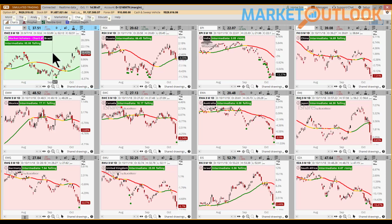Brazil was down today. It was down 1.6%, but it is still a green background color, telling us that the intermediate term line would still be considered bullish on this one for the market forecast. So again, for those of you that are intentionally looking for bullish setups and you're trying to find the areas that are withstanding the pressures of this market the most, Brazil might be up there near the top